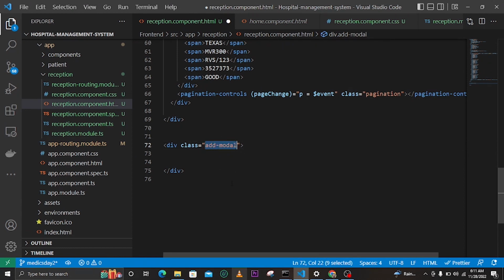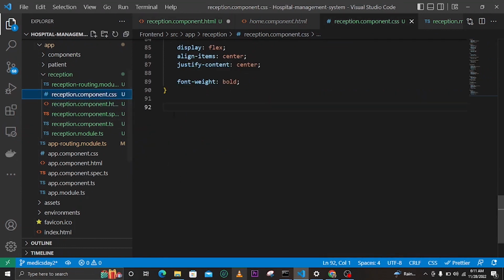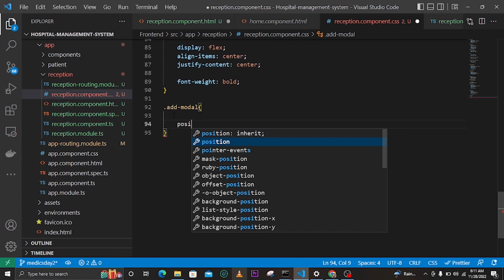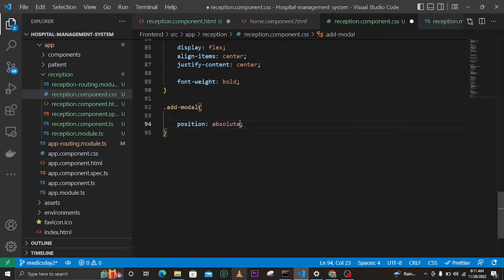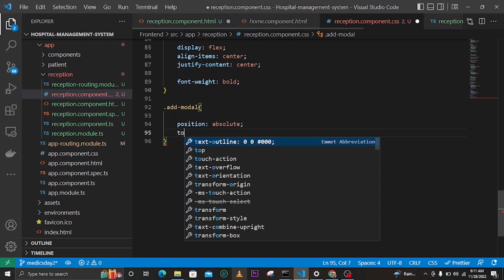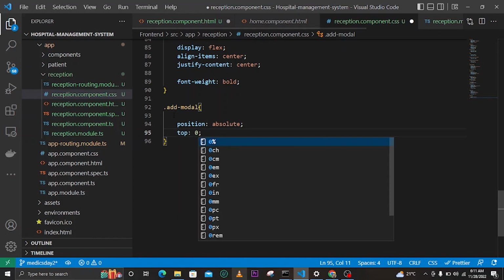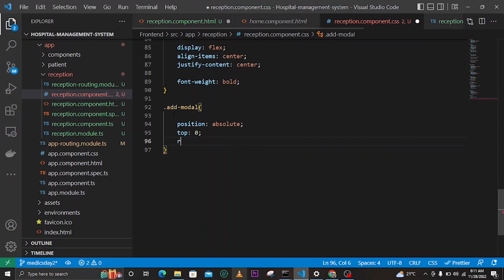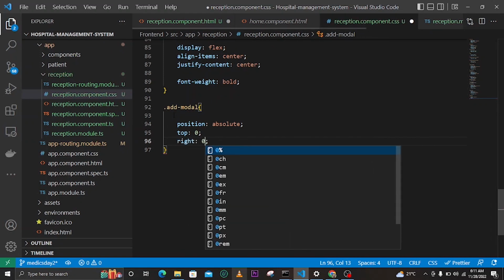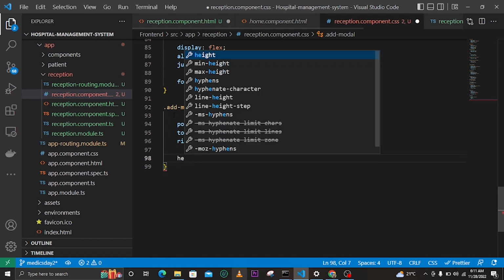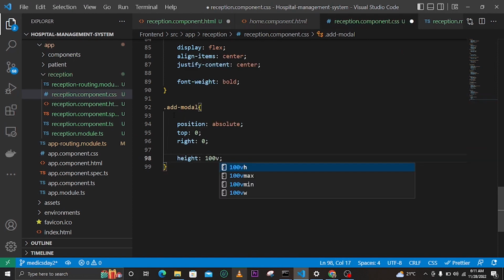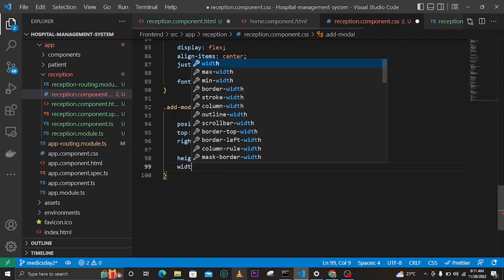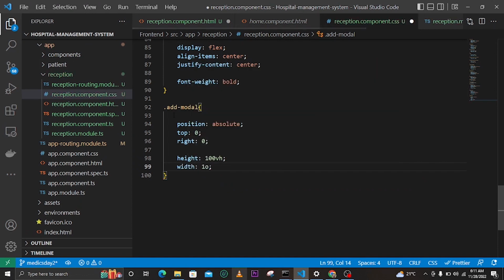So let's copy that, and here in our CSS now we can add that add model class, just like that. And then we just say it is position absolute to give our overlay, and then we need to add the top 0, and then we can add either right or left and give it 0. We need to have a height of 100 VH and a width of 100 VW,